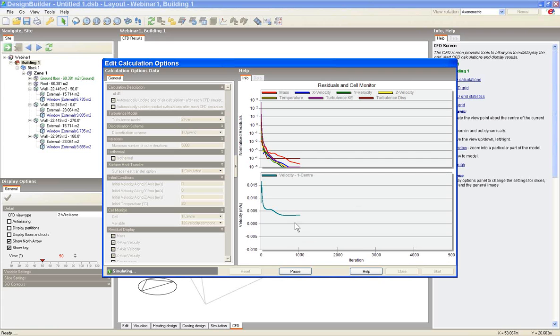So I'm going to pause this because this is pretty much settled out. I could run it until we got the point where this all comes down and we get a convergence, but what I'm going to do is pause this. And you can see it now tells me the results are available, but the solution hasn't converged. I could, like I said, if I'd run a number of iterations, you can see I've run about 1,000 iterations here. If I wanted to run it overnight, if this was a complex job, I could do so just by using the resume button. But I'm going to close this,